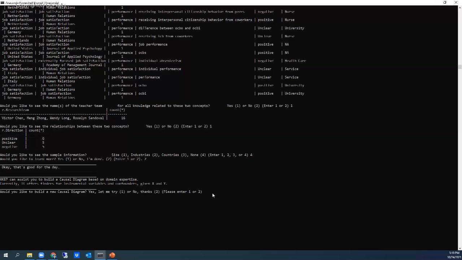And this knowledge base can be used for that purpose. So it's asking, would you like to build a causal diagram?